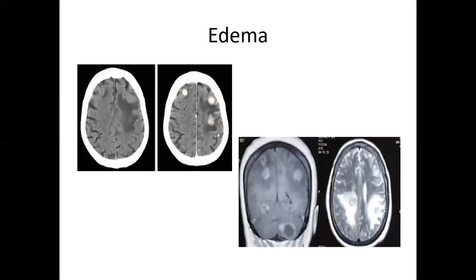Edema: you can get edema, no edema, minimal edema, or extensive edema. Mostly edema we can see on the T2 weighted image. We can see the pathological fluids. On this T2 weighted image, if you compare it on this lesion, the edema is more. It is a disproportionate edema. So it is most common in the metastatic lesions.